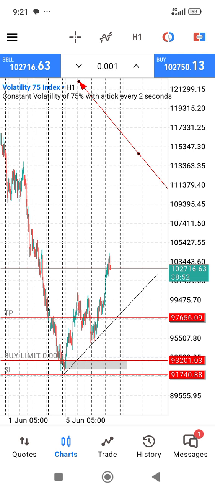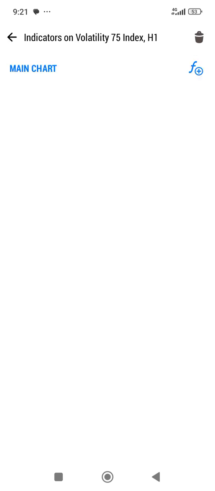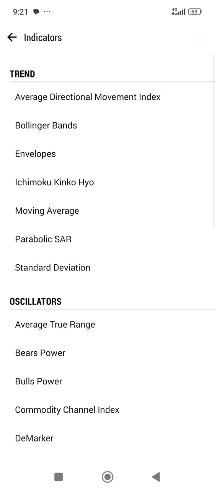Then the essence of this particular thing you have here, the one above your lot size, I don't even know what I will call it, but it's above that 0.001. If you click on it, this is the page where you get your indicators. But I'm not going to teach you guys anything about indicators because I don't use them. So if you want it, you just click on this F near the cross. You'll see different indicators